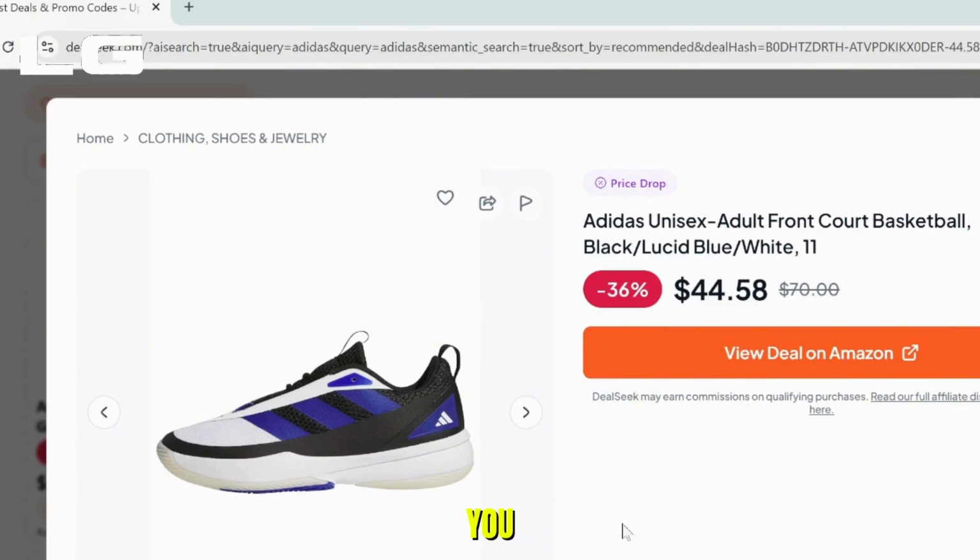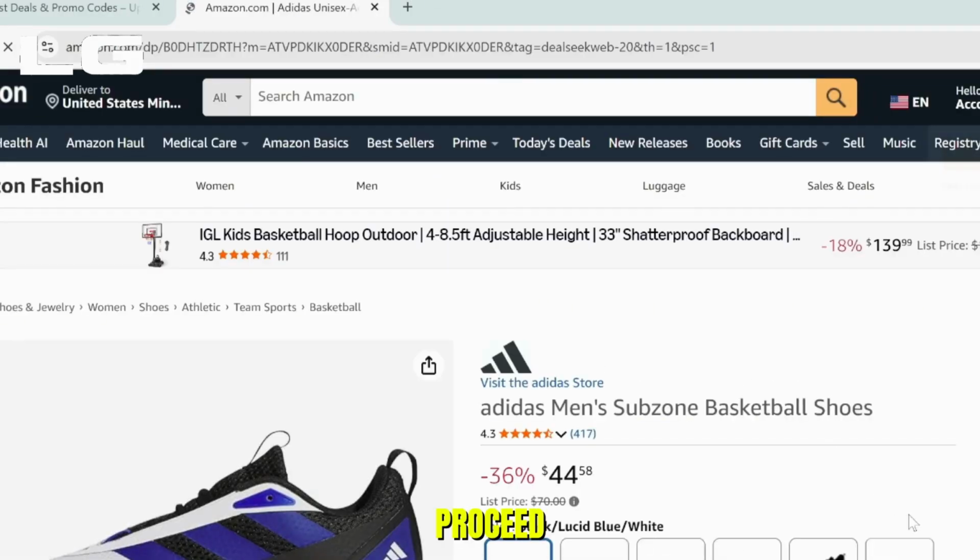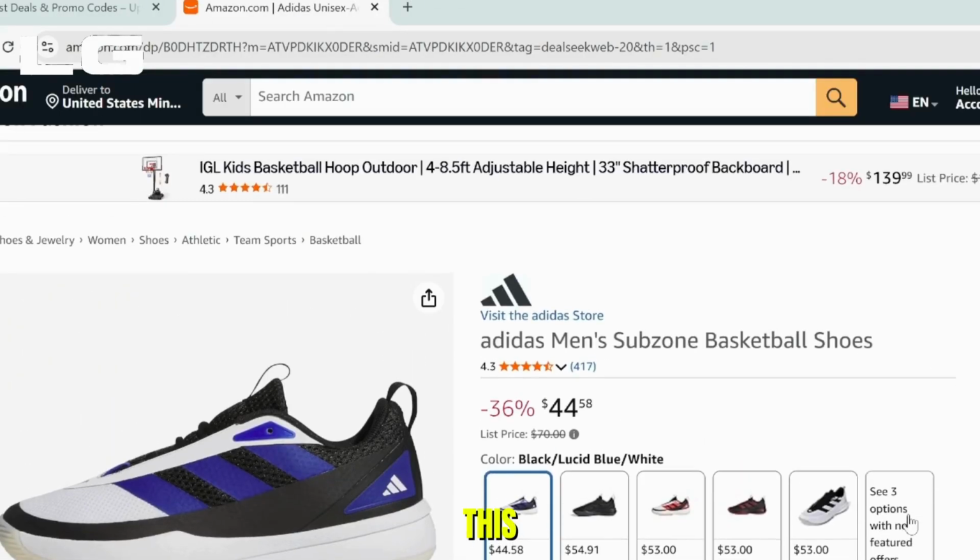and here you can also select this view deal on Amazon. And after that you can proceed to it. This is it. This is how you can get